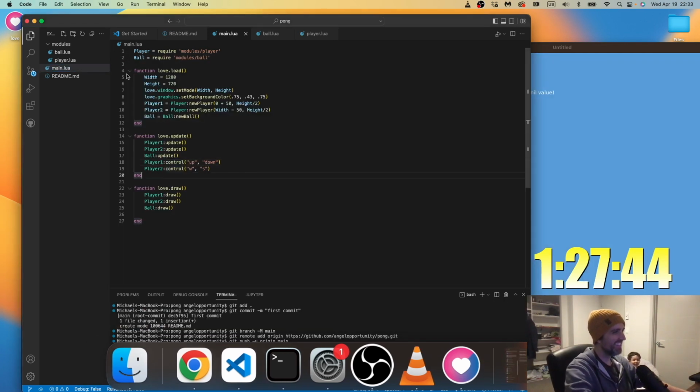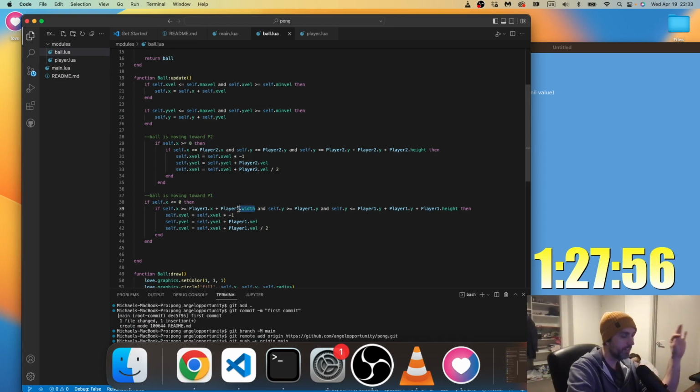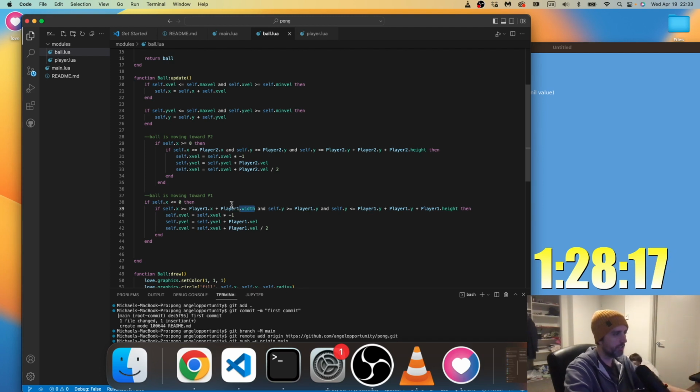Okay. That's even worse. Yeah, that's even worse. Let's see. Self.x. So player1.x is the top left corner of the paddle, so it needs to be greater than. This should be right, I feel like. Player1.x plus player1.width. No, not greater than, less than. It should definitely be less than.